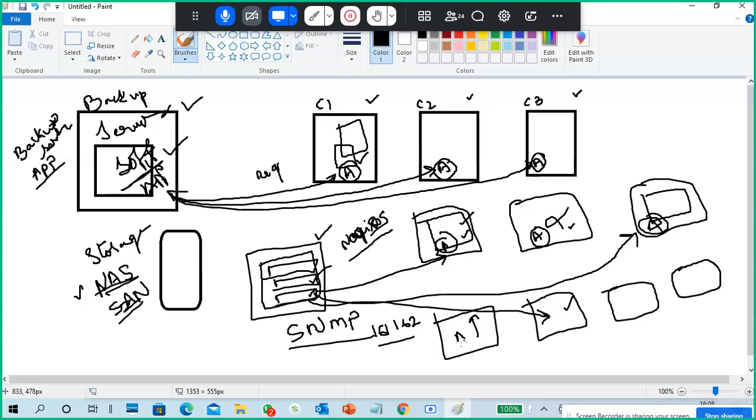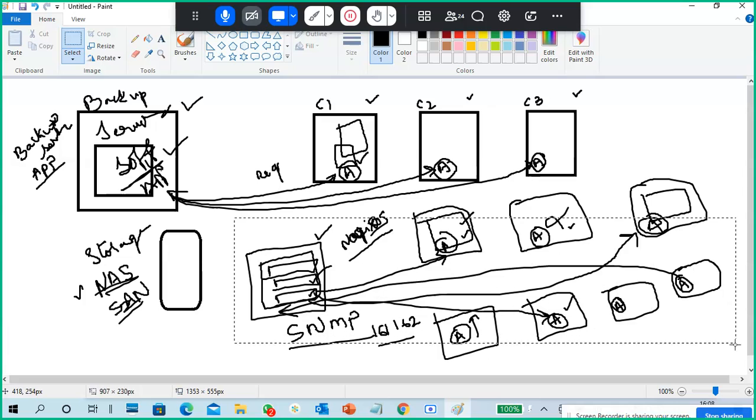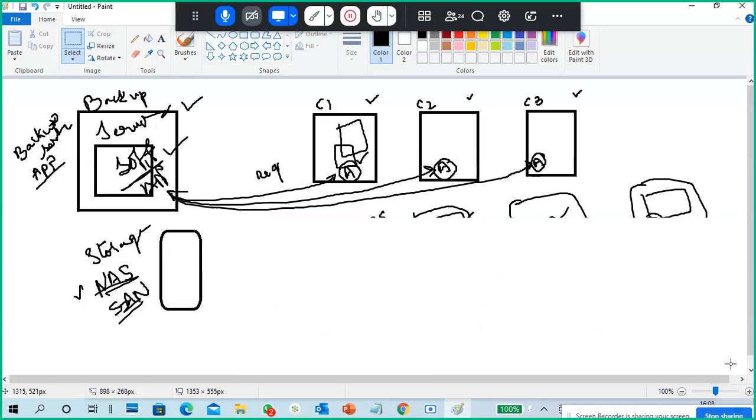What is the agent here? An agent is simply a piece of software which belongs to the central application or centralized server. So it will send information to the centralized server directly. That is called an agent. Did you understand agents or not? Backup is okay, leave it. If you understand this one, you understand three, four things.